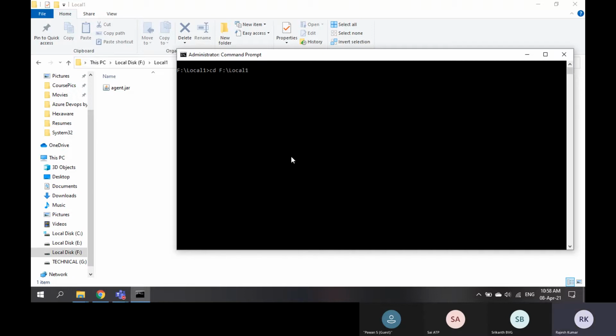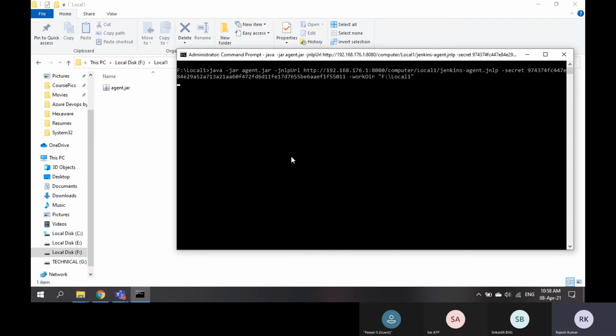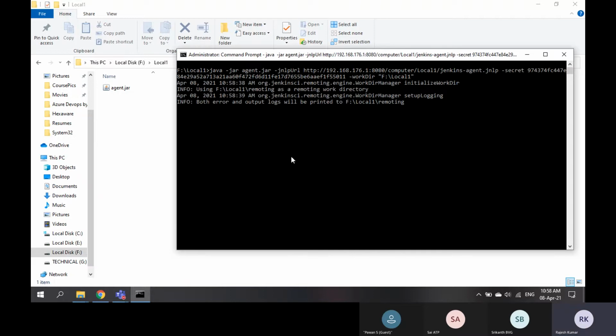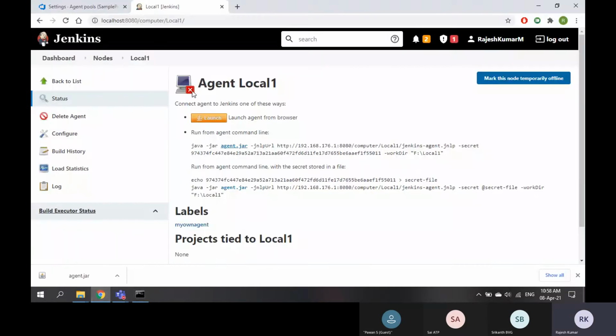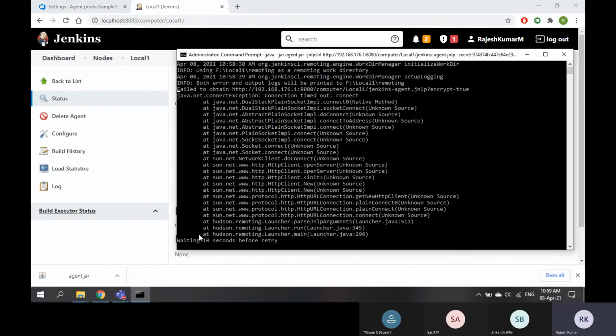Now if I go for this command, see guys, a folder called remoting got created. Let it complete. Now if I go back here, this is offline, right? Once the job is completed, we can see this.